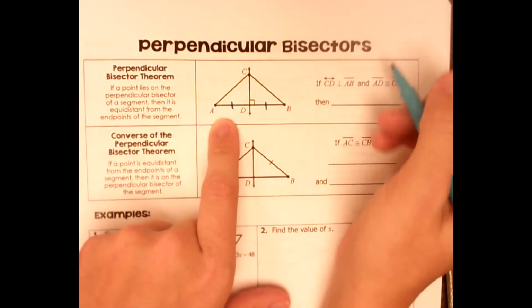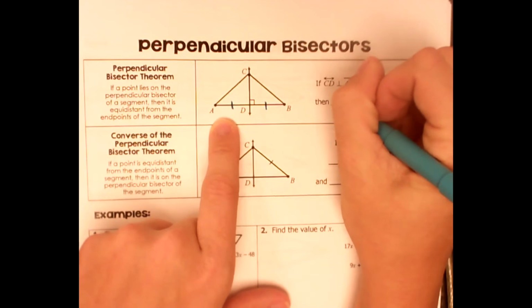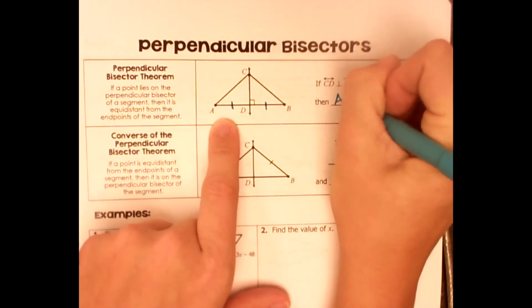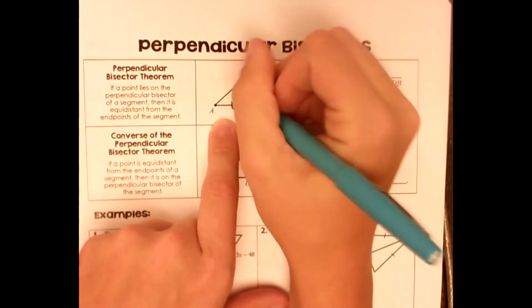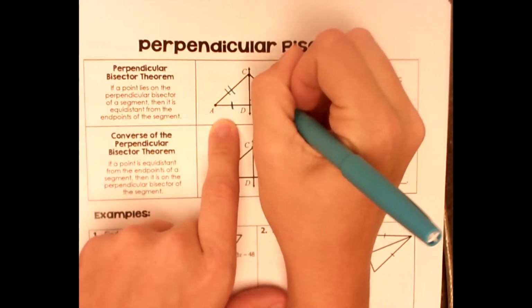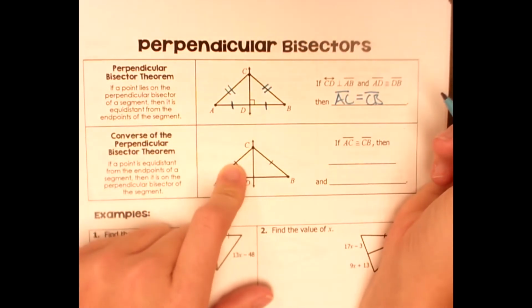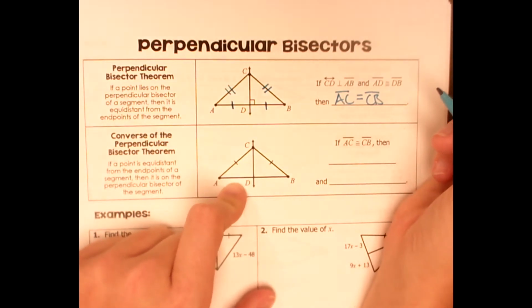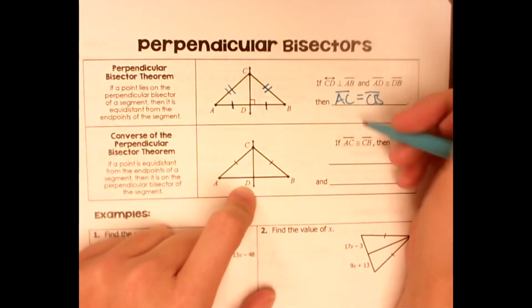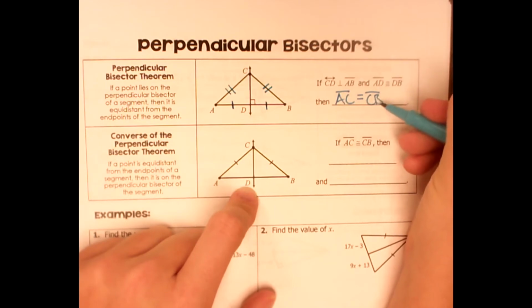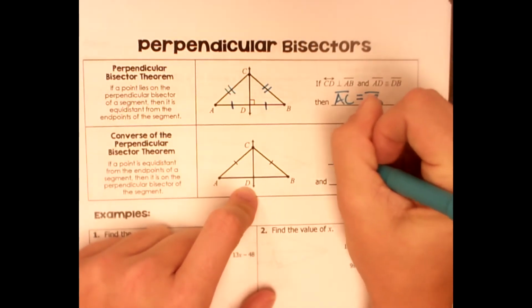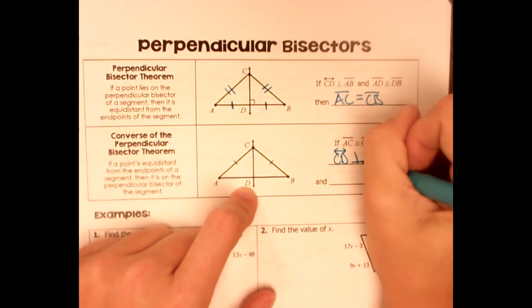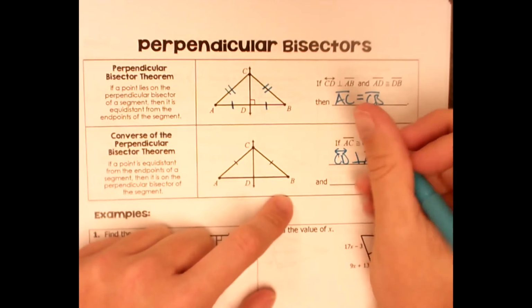If those two things are true, then AC is congruent to CB. That means that this line is congruent to that part. Or if you have the converse, remember the converse is the opposite. So if AC is equal to CB, then that means that CD is perpendicular to AB and AD